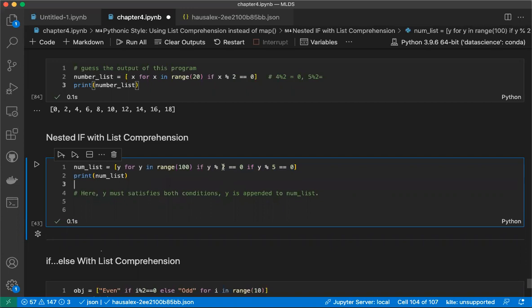If y modulo 2 is 0 and if y modulo 5 is 0. So this is a nested if. y must satisfy 2 conditions. For example,